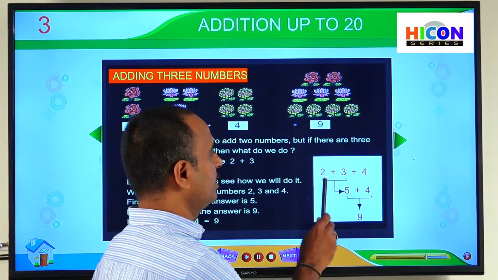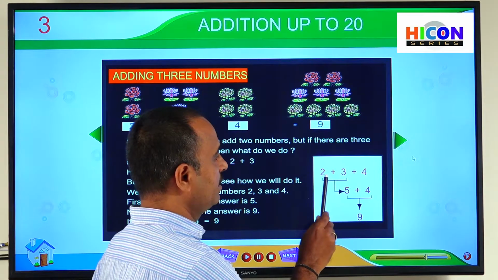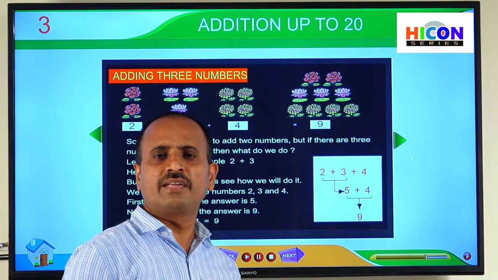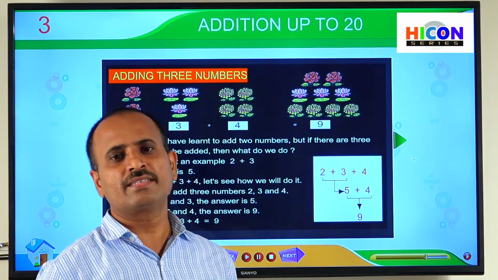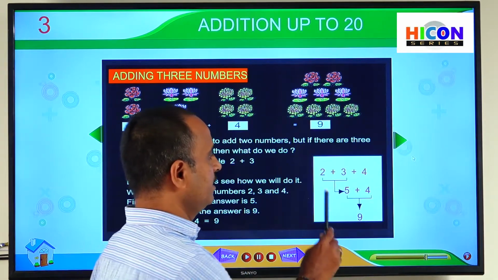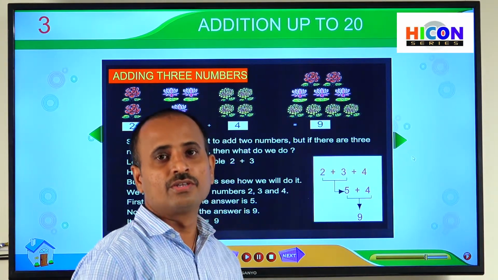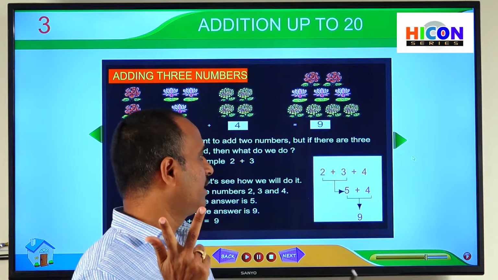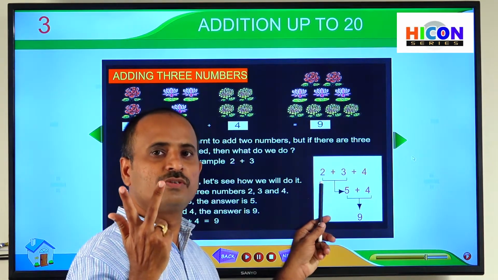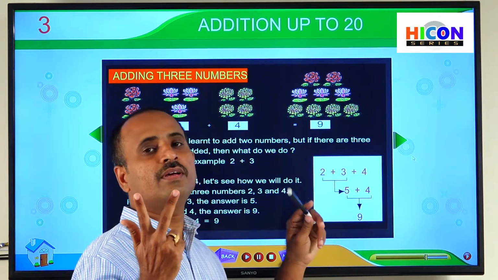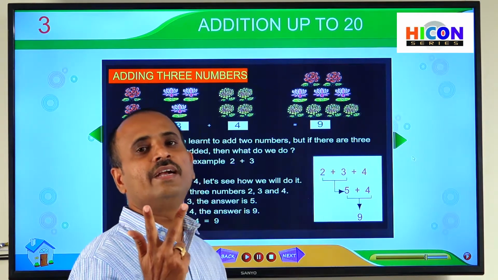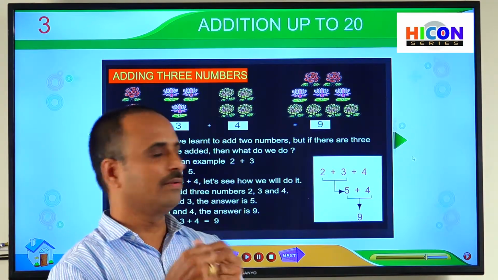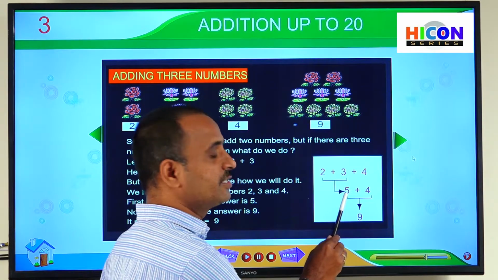So how can we add the first two numbers? So 2 plus 3. Here in this addition, the second number is 3. So in the same way we have discussed earlier, we can do any addition with the help of our fingers or with the help of addition facts. So open three fingers of your hand. 1, 2, 3. And start counting from the first number. Here the first number is 2. So start counting after the first number. So after 2, we will get 3. So start counting from 3. 3, 4, 5. So the sum of 2 and 3 is 5.